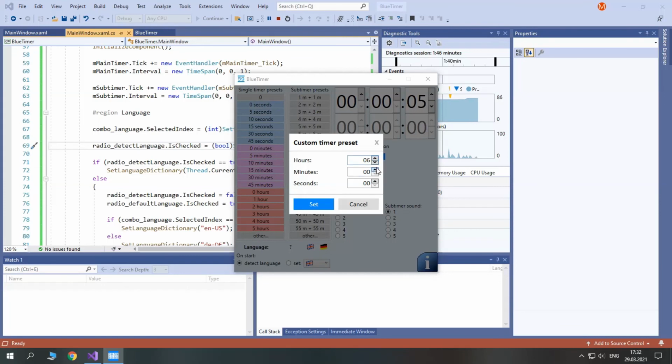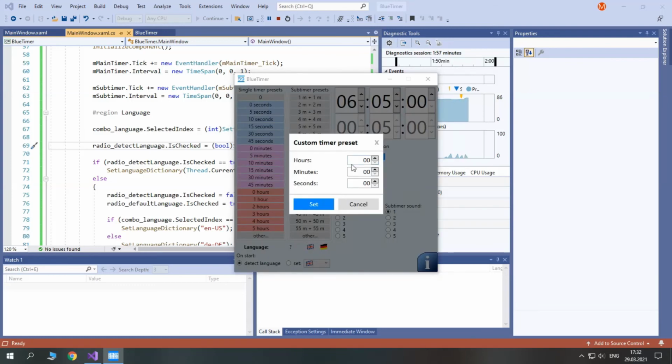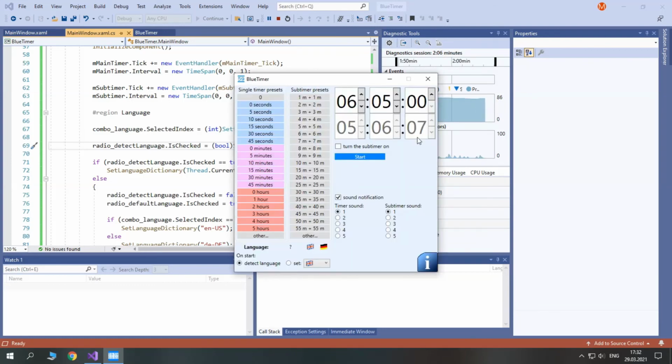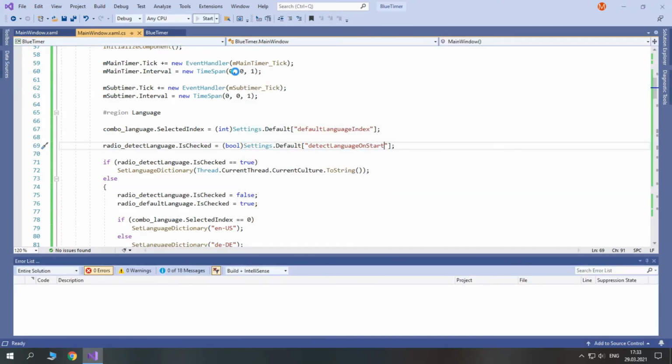preset, for example here 6 1 5, okay, then subtimer presets, okay, and custom, like for example 5, 6, 7, okay, turn off, language German and English, okay, detect language, or set it, let's set it to German, and close, and start again.